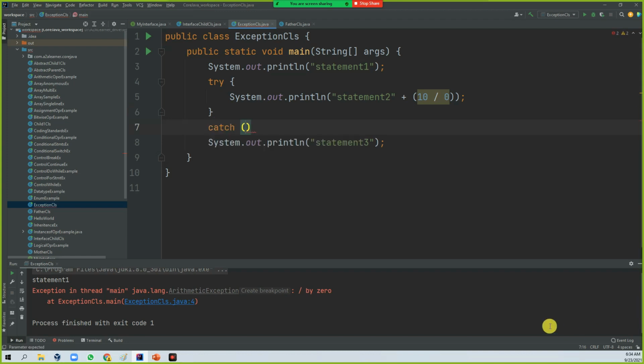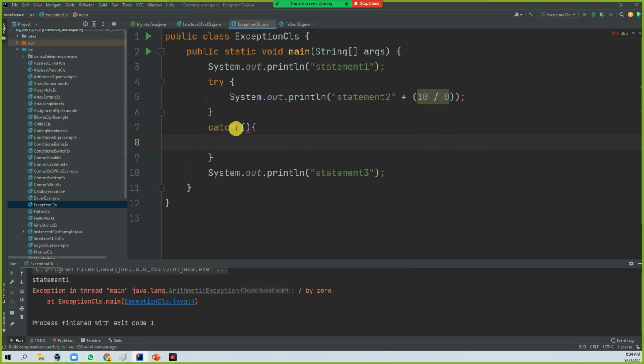So in this catch block, if you write it only this way, again it will say that you need to supply what kind of object it is. So let's put, for the time being, an Exception e. Now once this statement is executed, my controller will come to the catch block. So you need to provide some information inside the catch block.